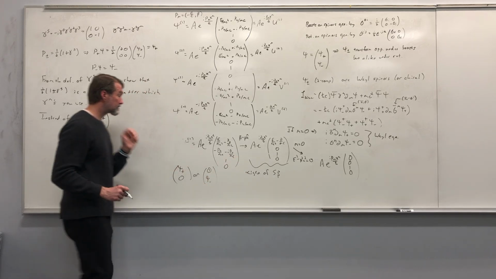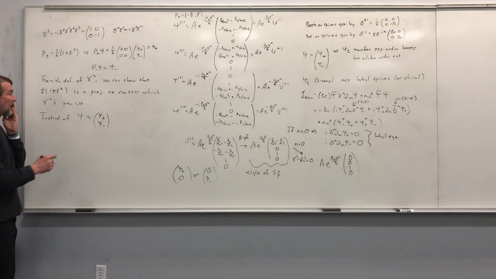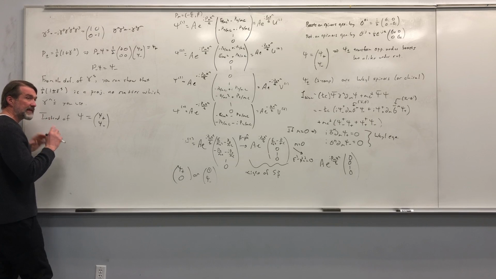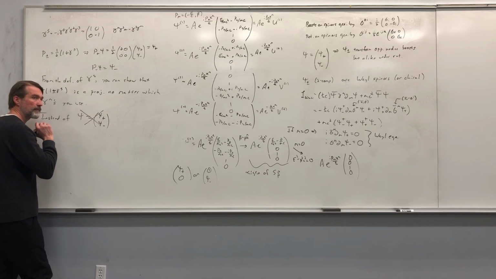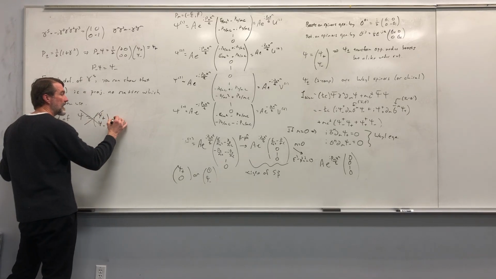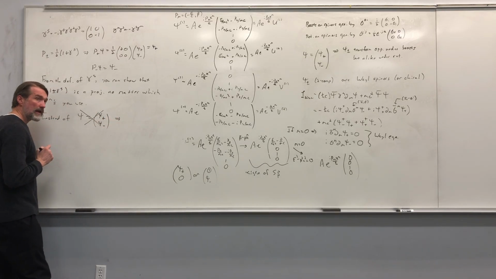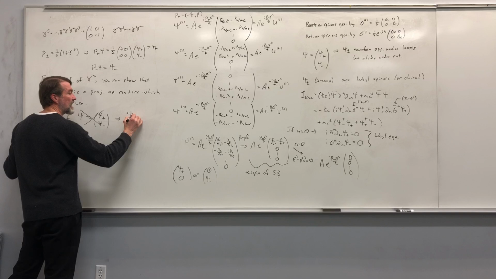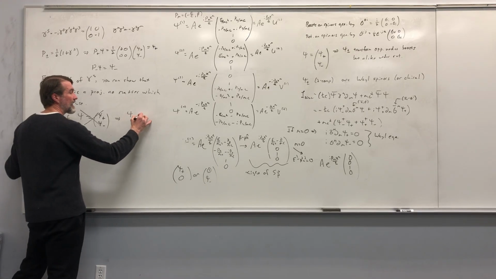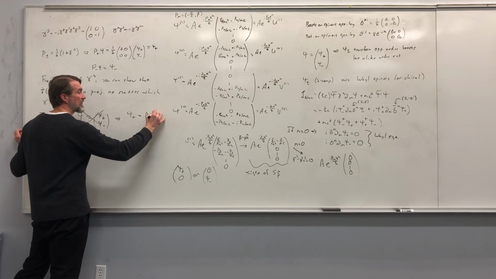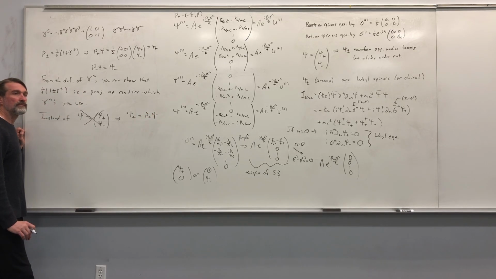So if we want to say something more general, we can skip this, and instead define psi plus, the positive chirality solution, as P plus times any solution using any convention,